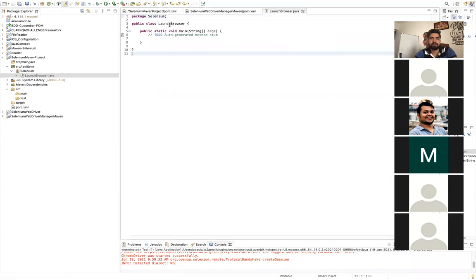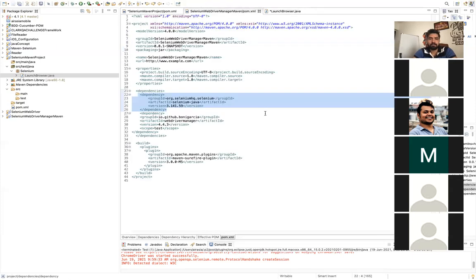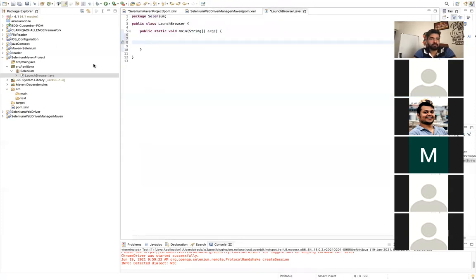So this class has been created, and the main method is also created here. Here I'm going to write our first Selenium code, which will help to launch a browser.